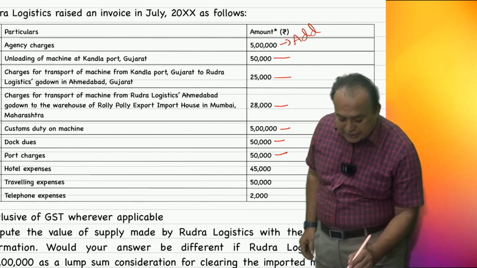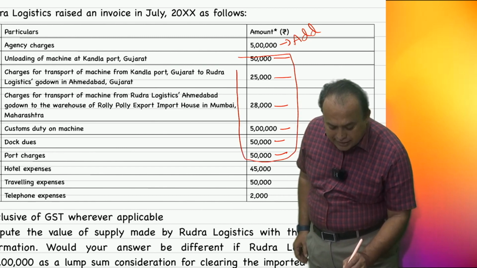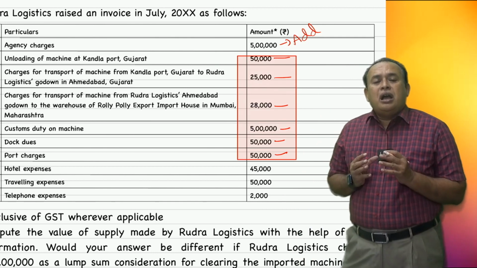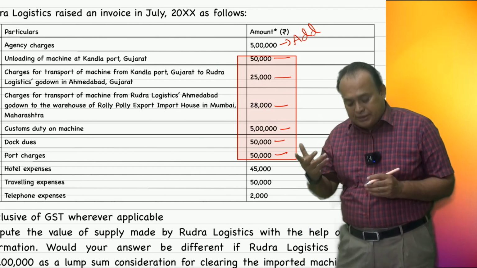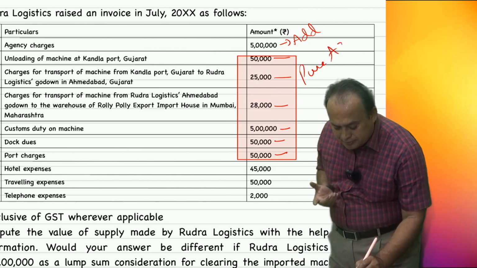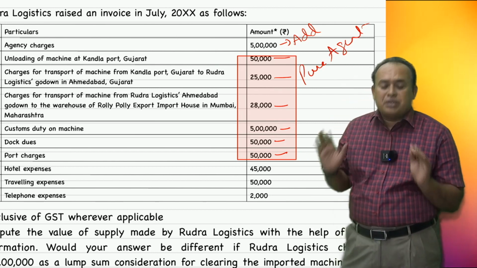This expenditure is known as actual reimbursement expenditure, acting as a pure agent. Pure agent expenditure does not form part of